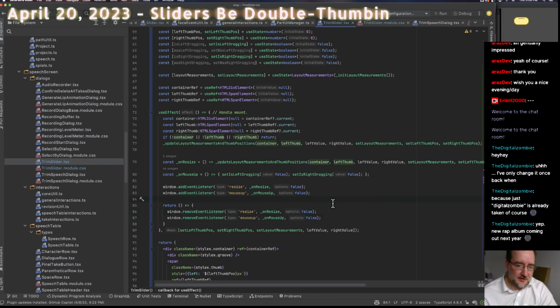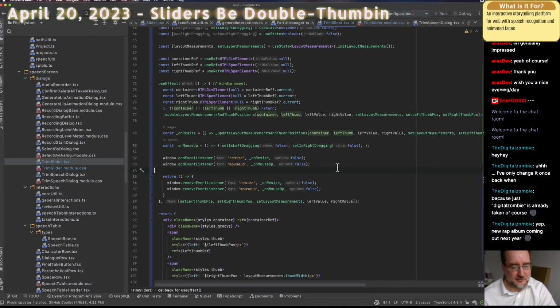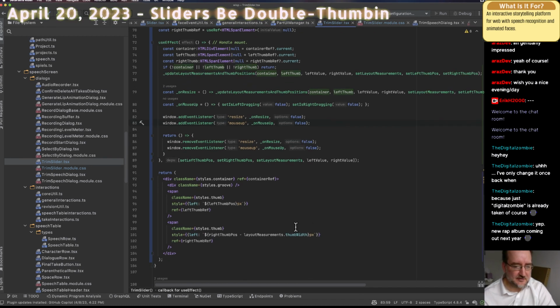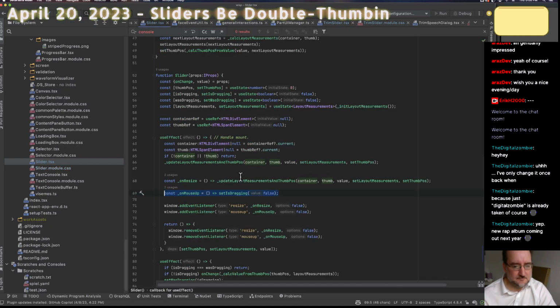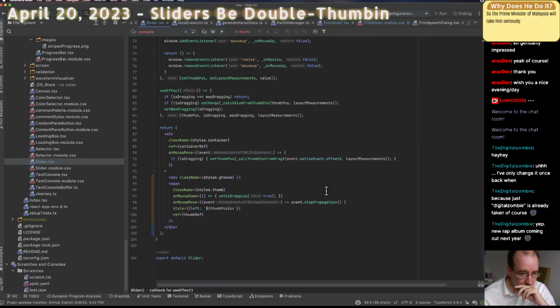Okay, put in some event handling for the mouse up. There's also a mouse down. And, oh yeah, the on mouse move too. Okay, so